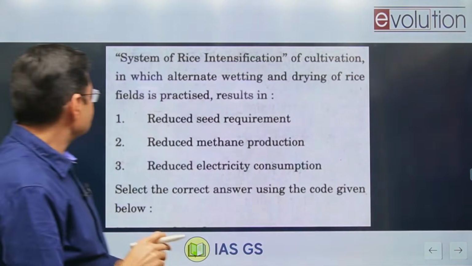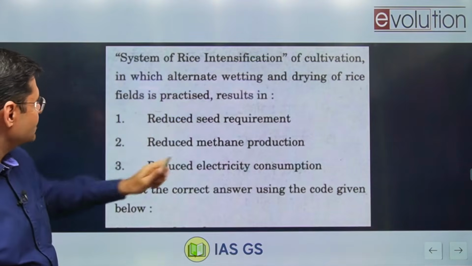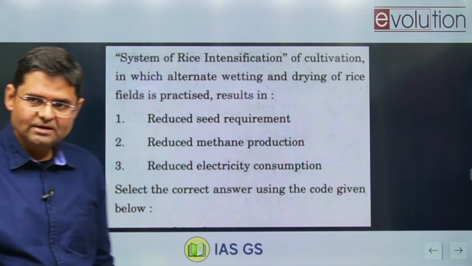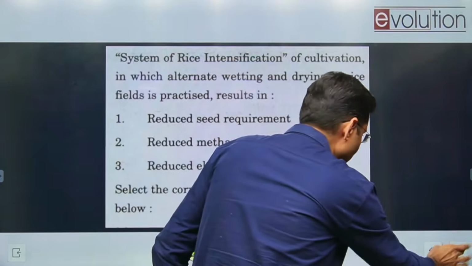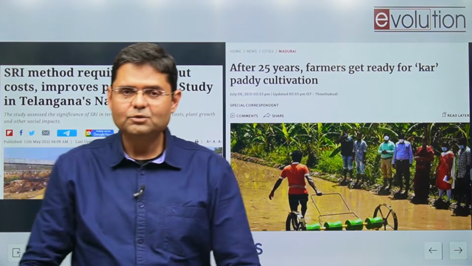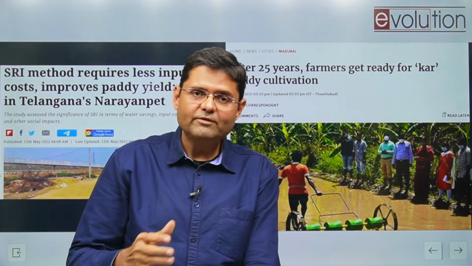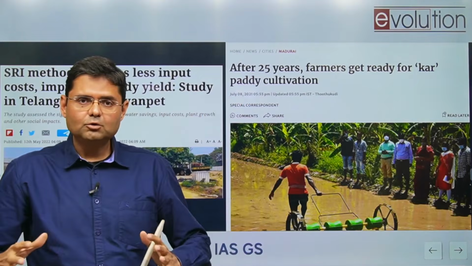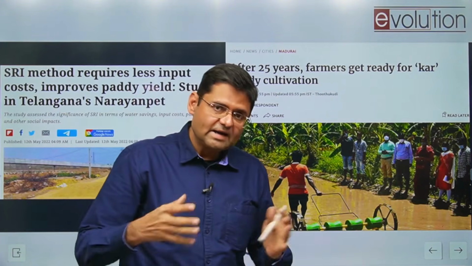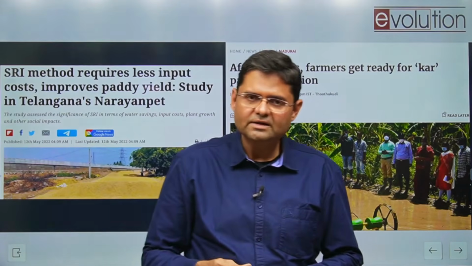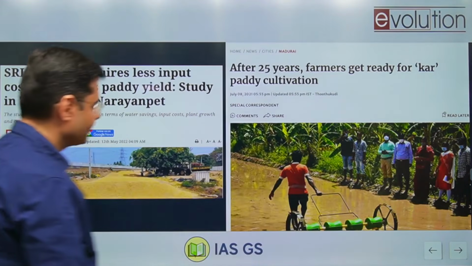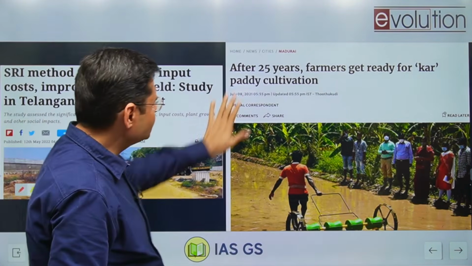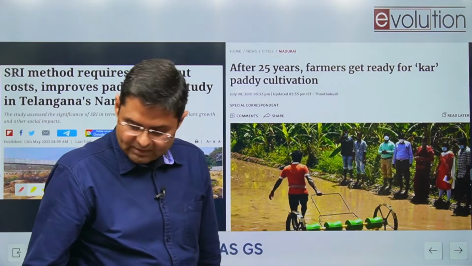One last question, I guess. System of Rice Intensification of cultivation, in which alternate wetting and drying of rice field is practiced. Yes, this was related to agriculture. But does it mean that you have to be a real expert of agriculture to handle those questions? Does the UPSC expect you to study agriculture as deeply as you would study any other part of general studies? Well, no. If you are following your humble newspaper with some diligence, with some regularity, then the first thing that you see